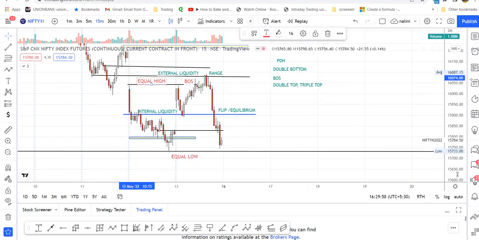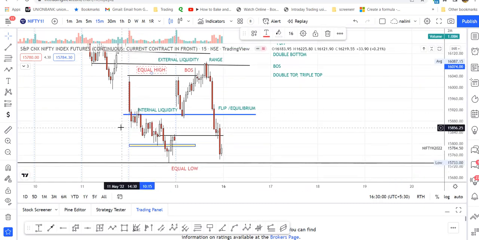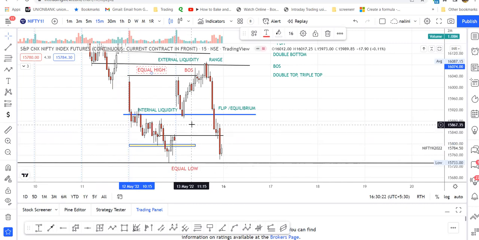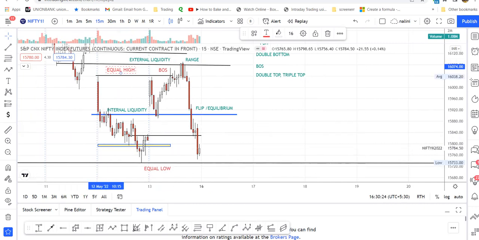You can see it is not a straight away fall after this. You can see one buyer, one seller, one buyer, one seller, and again a gap down, three candles down, again 2 candles up, 1 red candle and another green candle. Like that, buyers and sellers were engaged. In the meanwhile, you can see, I'll zoom it out.